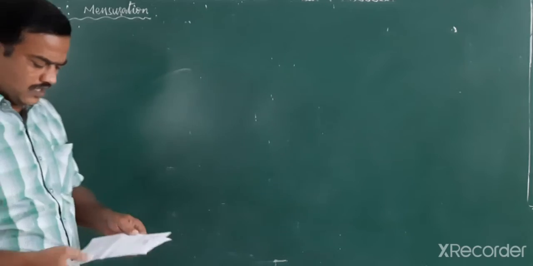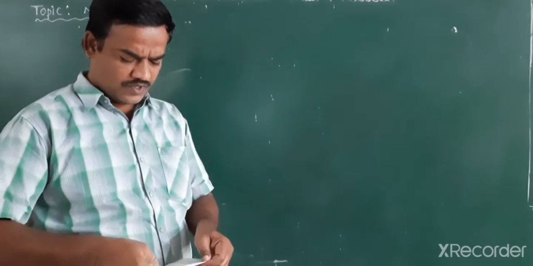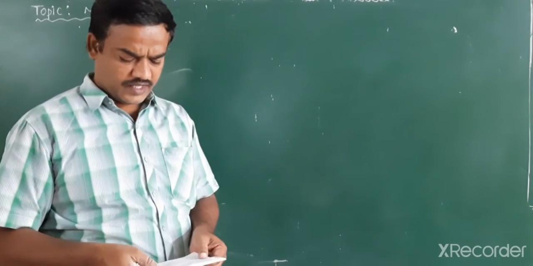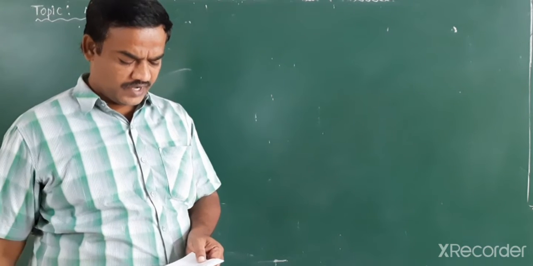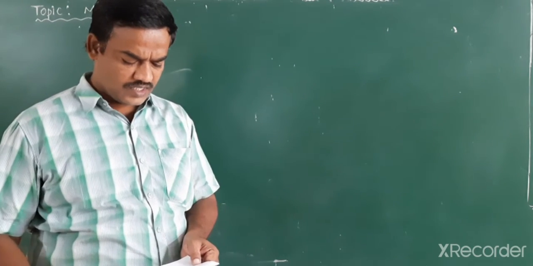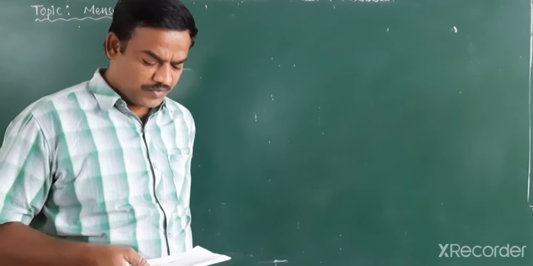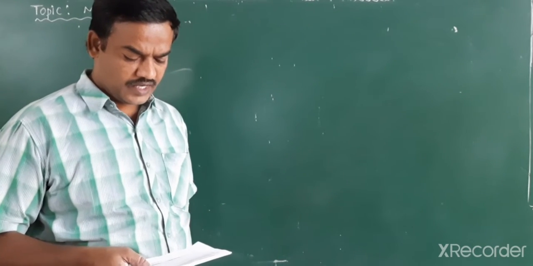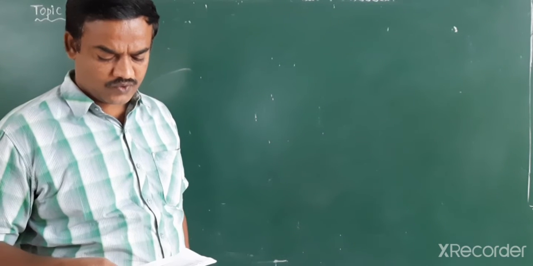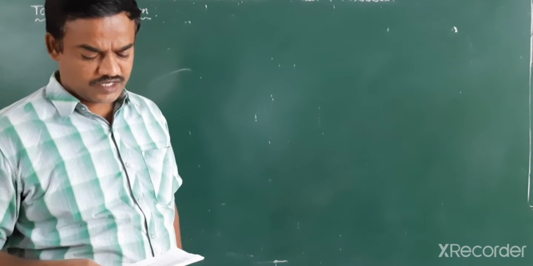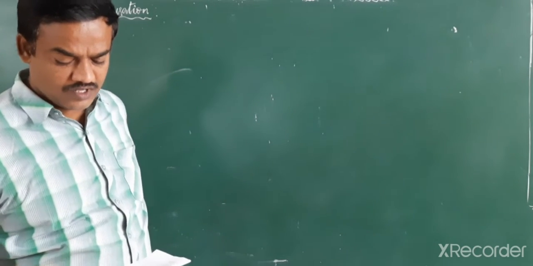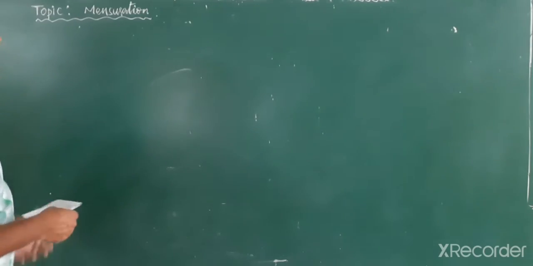Third question: a solid in the shape of a right circular cylinder with a hemisphere at one end and a cone at the other end. The radius of the common base is 8 centimeters, and the height of the cylinder and the conical portion are 10 centimeters and 6 centimeters respectively. Find the total surface area of the solid.